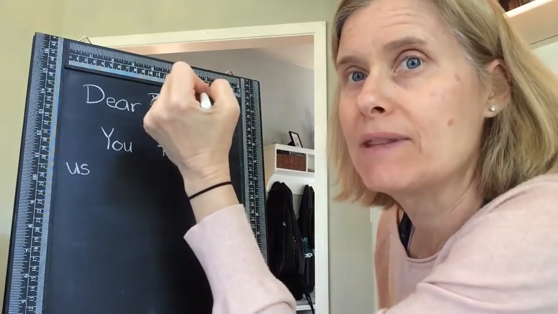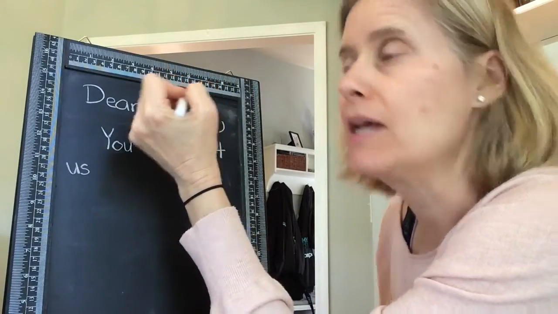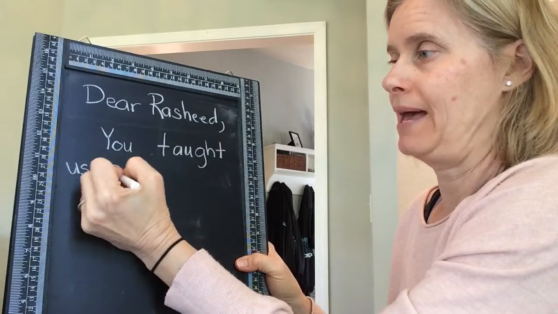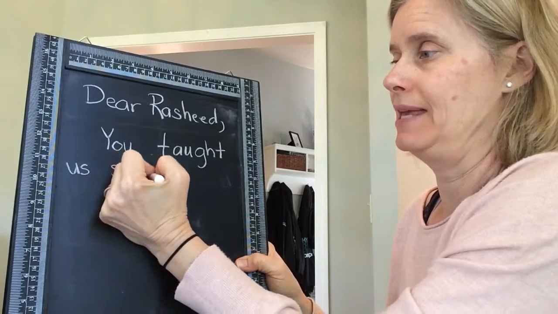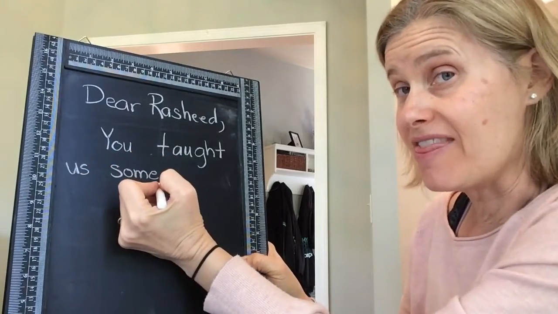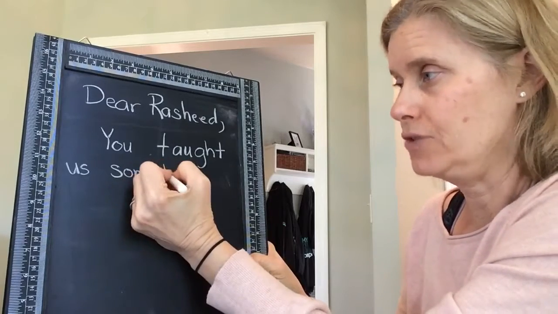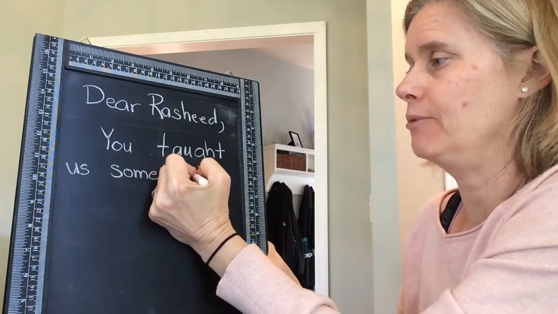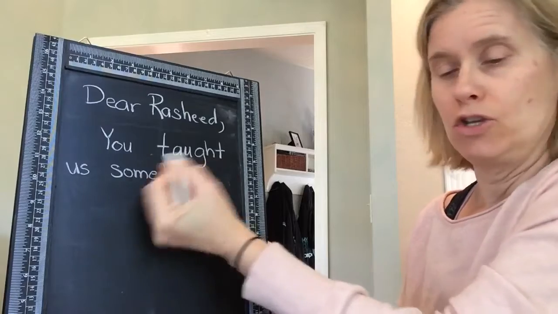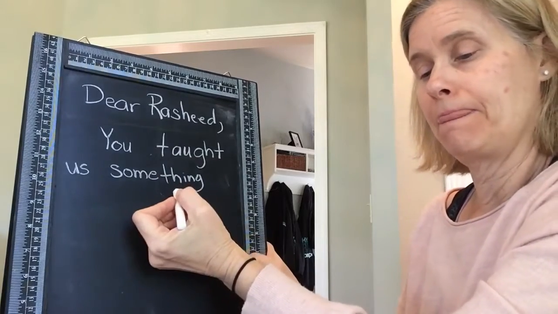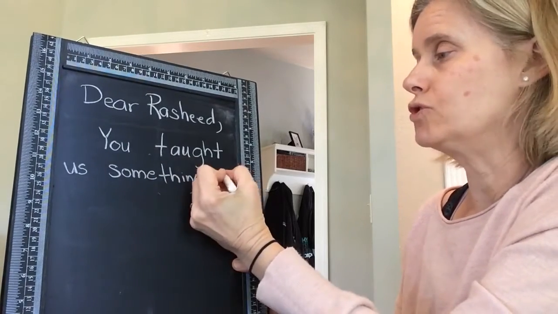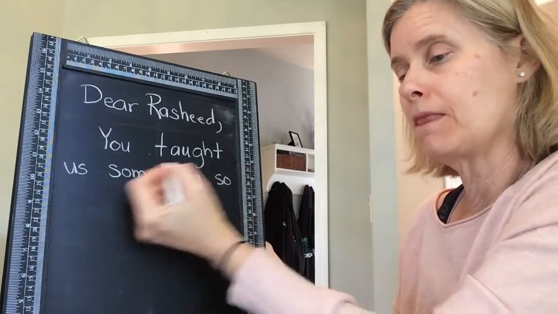Now we just had some and thing up on our board. How would we spell that? We spell some, S-O-M-E, and now we need to write thing. That's right, it's T-H and then the ING brothers, I-N-G. You taught us something